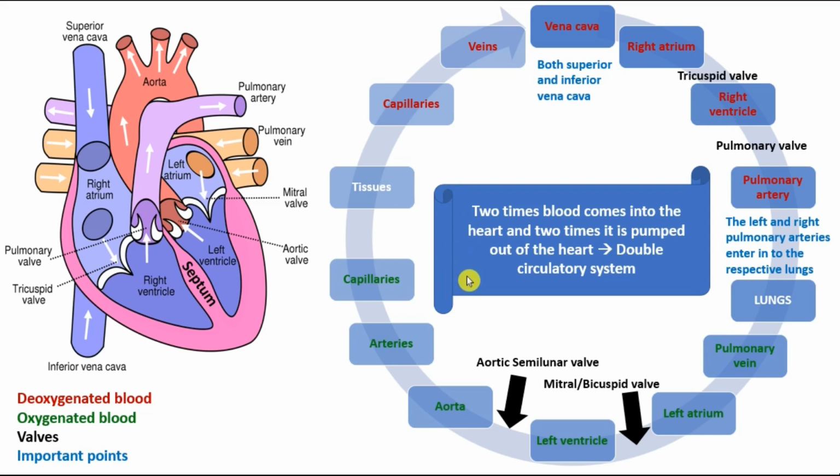If you're doubtful about how it is pumped 2 times inside and taken out 2 times, the answer is, first the impure blood comes in from the organs, then this blood is pumped into the heart. So one time it doesn't get pumped to the heart, it gets pumped to the lungs. One time it's taken in, one time given out, and then again the lungs pump the pure blood back into the heart, and from there again this pure blood is given back into the organs. So 2 times the blood enters the heart, 2 times it leaves the heart during this process.